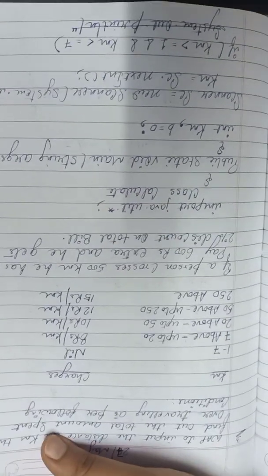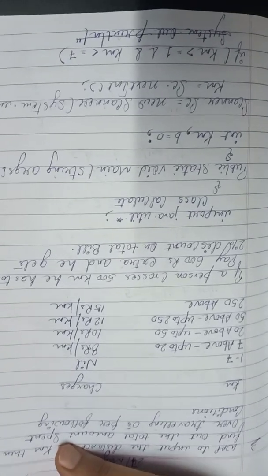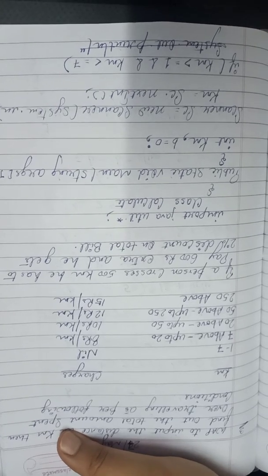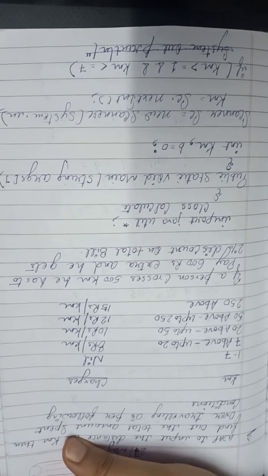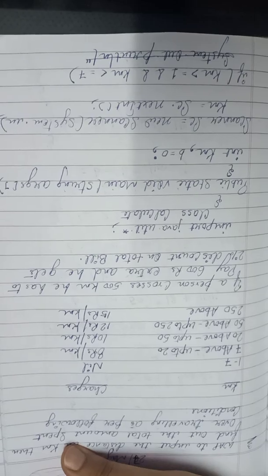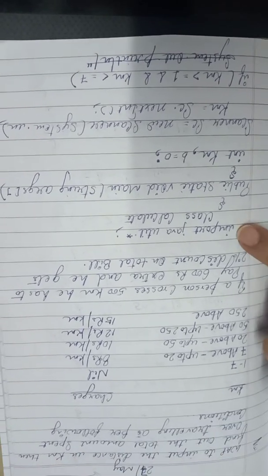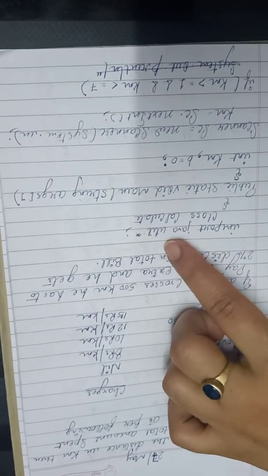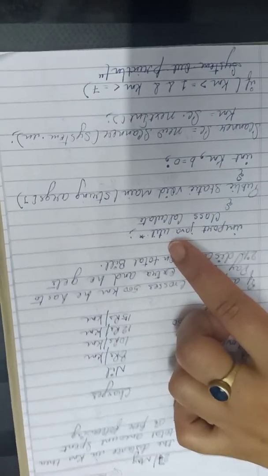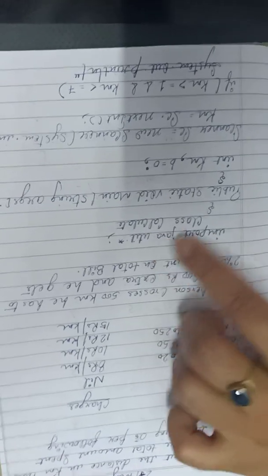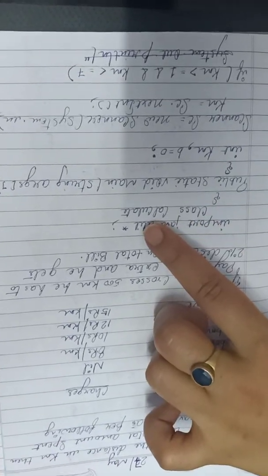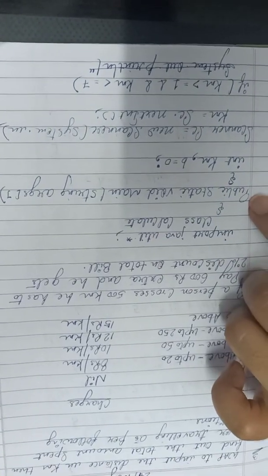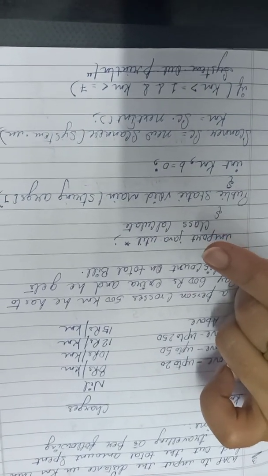Now if a person crosses 500 kilometers, he has to pay 600 rupees extra and he gets a 2% discount on the total bill. So how will we make this program? First we will import the java.util package, which we take for the Scanner class for taking user input. Class, I have taken Calculate. You can take any name for the class, it's up to you. Next is public static void main String args.